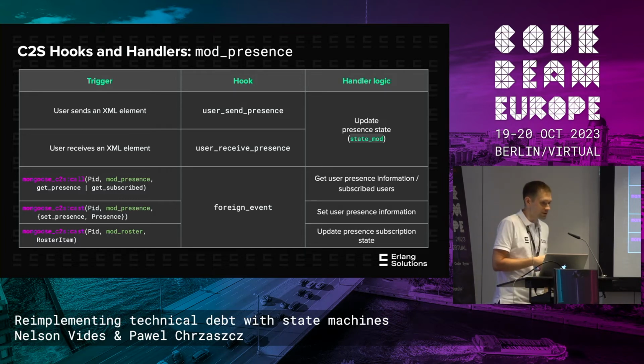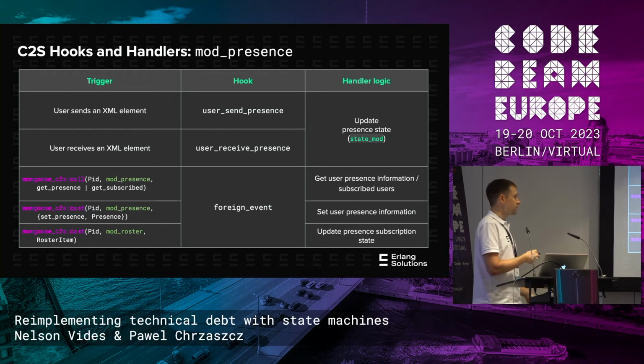This is more complex. This is where one process that's handling one user wants to, for example, get the presence information of another user. Then you use Mongoose C2S call, which in turn uses just gen_statem call, and that handler logic gets the presence information. This all happens in mod_presence, but the last example I think is most interesting, because